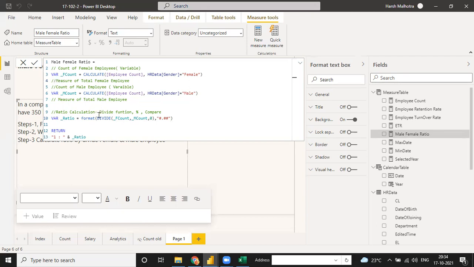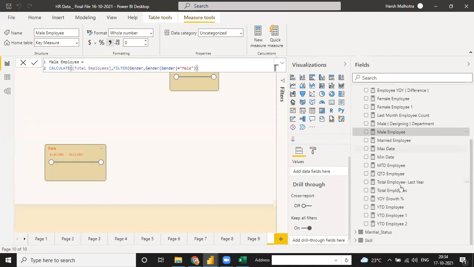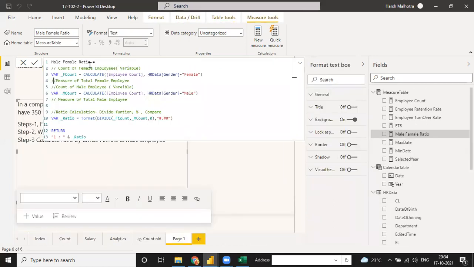So to start with the formula, right? So we will have to start with var ratio equal to format, right? See, you can do anything, because see why I tell you this, because suppose in my earlier sheet we have a calculation, but suppose you don't need to calculate this male and female.